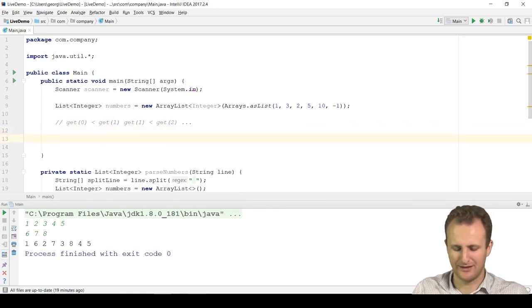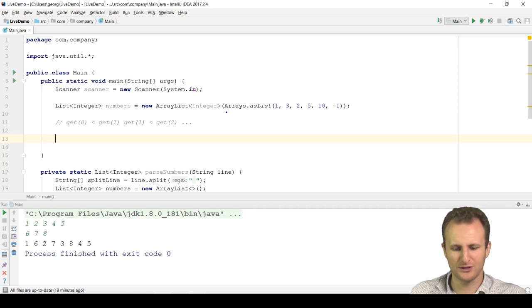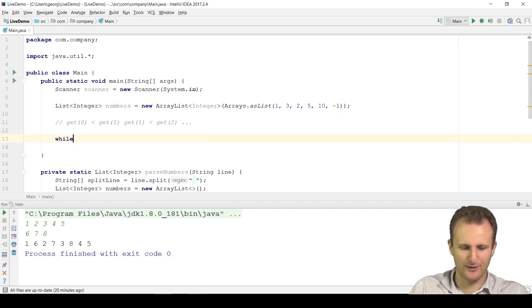We will implement an algorithm which traverses the numbers list. How many times would it need to traverse it? How many times would it need to visit each item and check which is the smallest? Well, it would need to do it as many times as there are items in numbers. Or if we're going to be removing items each time, well, the simplest thing would be to continue until the list becomes empty. So while